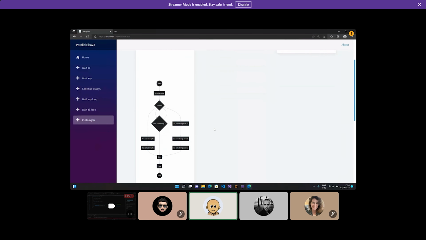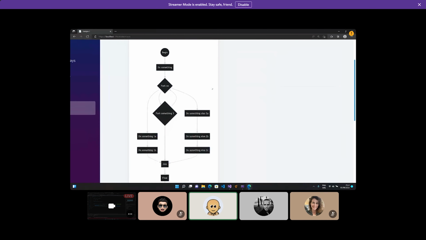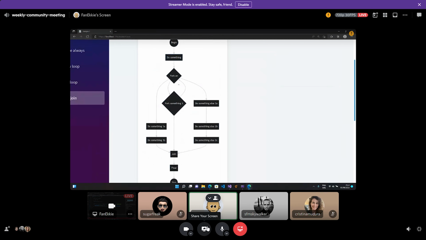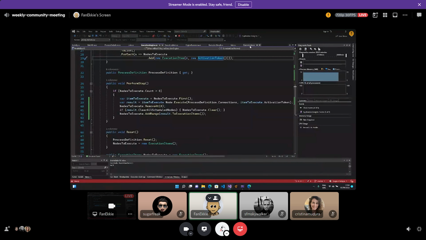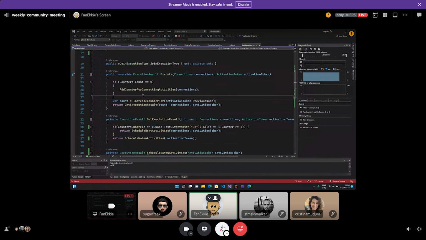This one is a funny one, but on this one we can talk about a bit more elaborate ways of determining when to join and when to continue, and even do some funny things with the execution that was scheduled. So bear with me, it's a funny one. So we begin, do something, we fork, and we fork into 3 items. Then we go to a join, and on the right branch as well, but the fork something goes back to the fork 1 to go again in those joins. And this join is not a default one, it's a custom join, and I will show you the code for that. See the custom join here, and in the execute, add once.